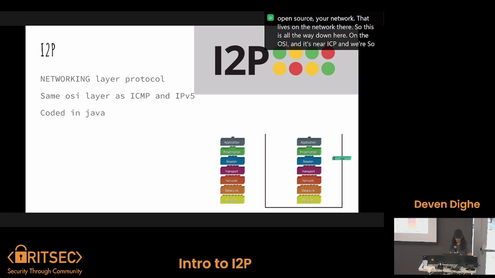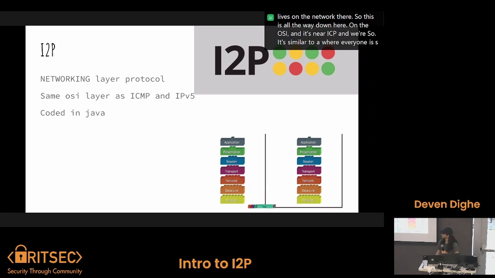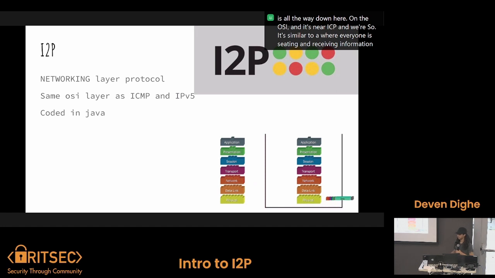It's similar to a torrent where everyone is seeding and receiving information about websites. So it is a censorship resistant network, and it helps with privacy and anonymity.